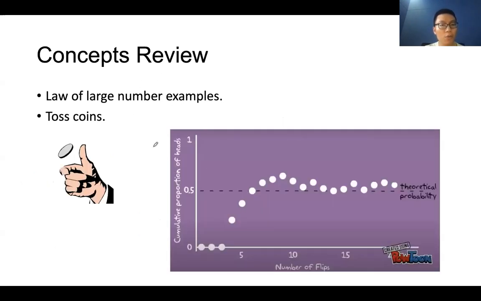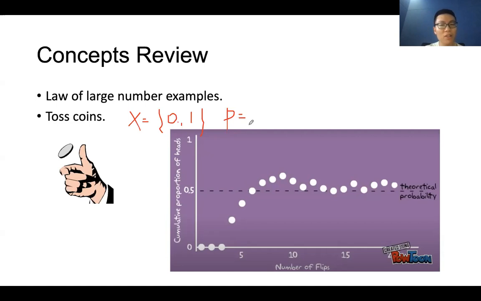So I can go through a concrete example for you, just like tossing coins, right? For the coin toss, if we let the random variable be X, X should have two possible values, which is 0 or 1, right? So maybe 0 represents that you toss the coin to be the tail, and 1 is toss the coin to be the head. So you only have two possible values. That is what we call the Bernoulli distribution, right? The Bernoulli distribution has a parameter called p, which is the success rate.